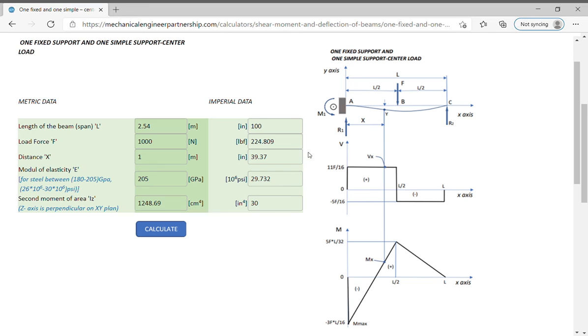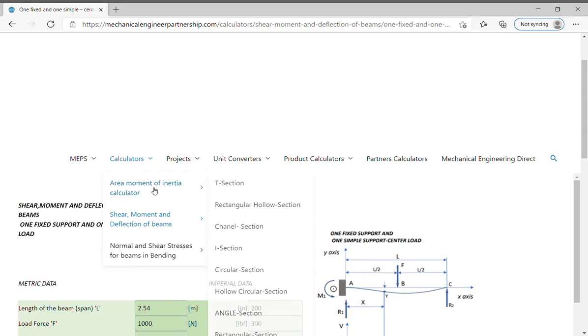Initial data in International System Units on the left side have equivalent data in Imperial System Units on the right, but the two blocks work independently. Let's have an example in imperial units: 200 inches for the length of the beam, 300 pound force for F, and then 100 inches for x distance, modulus of elasticity 30 megapounds force per square inch. In regard to the second moment of area, if you already have the value, write it in the corresponding cell, in inch to the fourth power. If not, choose calculators and then area moment of inertia, choose your beam section,